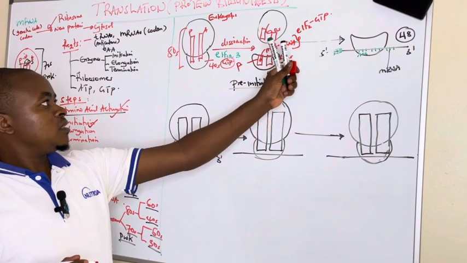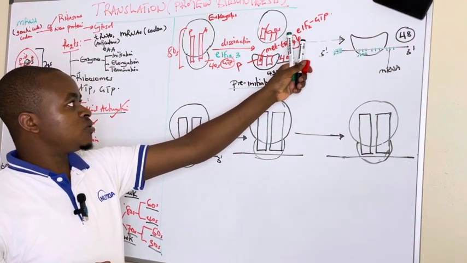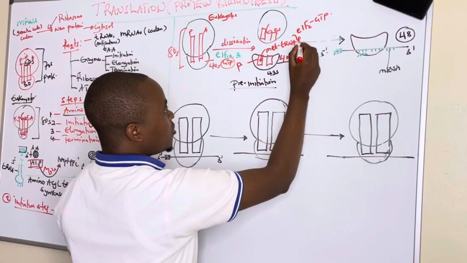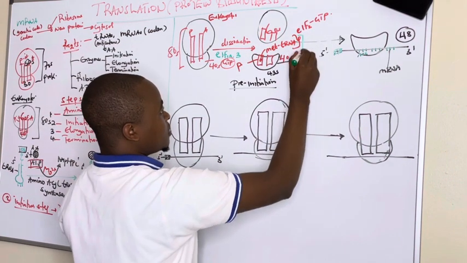And eukaryotic initiation factor 2 in the presence of GTP is the one that forms, collectively, what we call